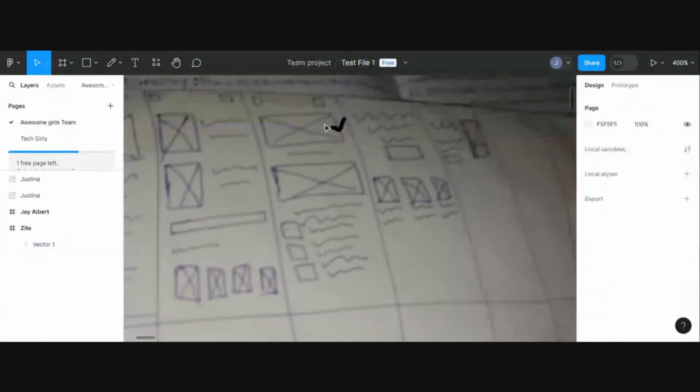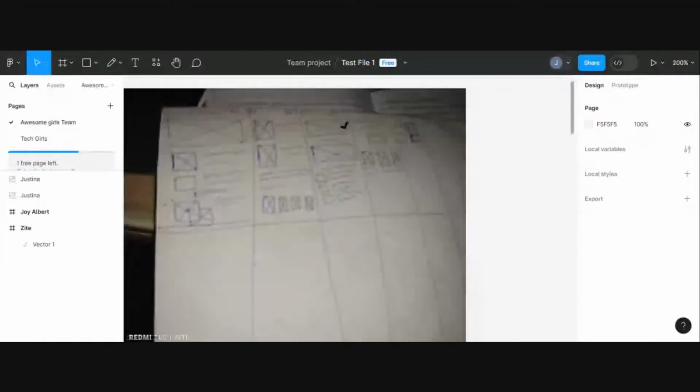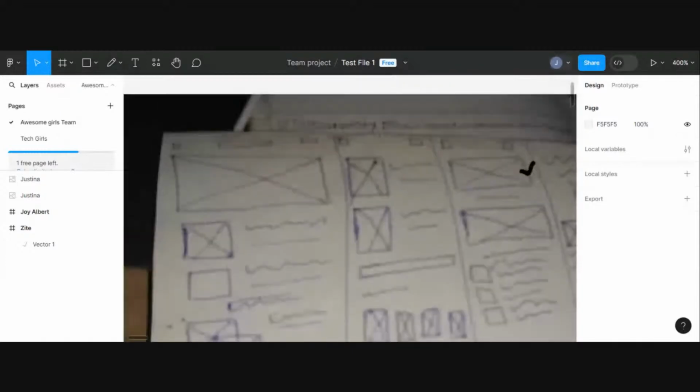So I can mark this section. Yeah, I would say, okay, I want to have a banner like this, right? That's one thing I could say. And I would say, okay, apart from this banner, I also want to have